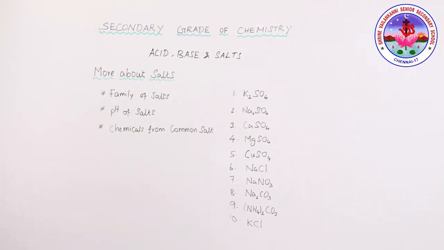Beds of rock salt were formed when seas of bygone ages dried up, so rock salt is mined like coal. Okay, now we will see how to prepare the chemicals from common salt, the raw material. Common salt is an important raw material for various materials of daily use, such as sodium hydroxide, baking soda, washing soda, bleaching powder and many more. Now we will see them one by one. First, sodium hydroxide. How to prepare sodium hydroxide.